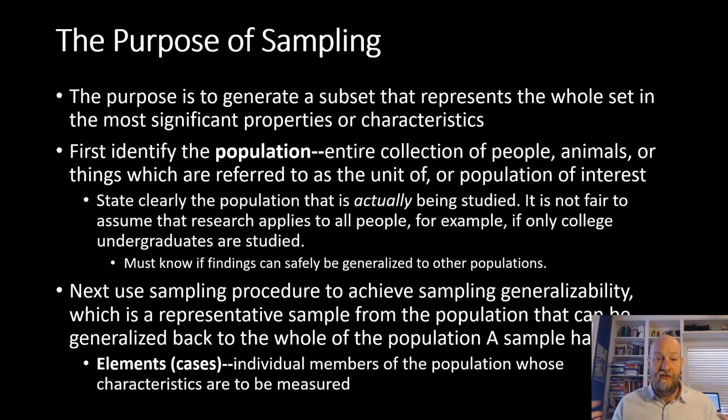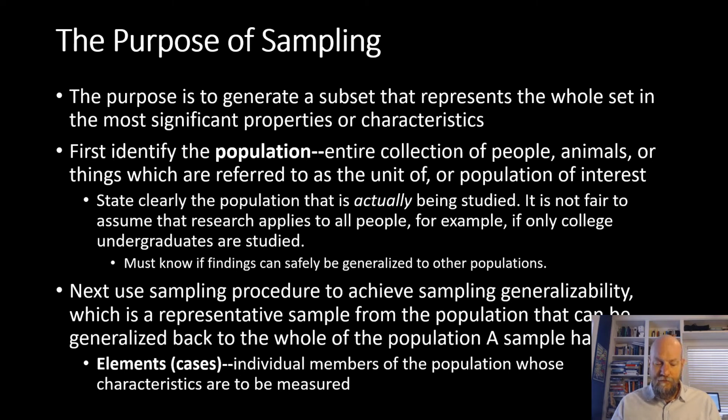And it's not as simple as "catch can" in most cases. The idea here is that you want to do this in a systematic way that provides you with a sample that largely looks like the population in many important ways. So there's a procedure we have to utilize so that we're hopefully getting what's called generalizability. This is done by getting a representative sample from the population that can then be generalized back to the